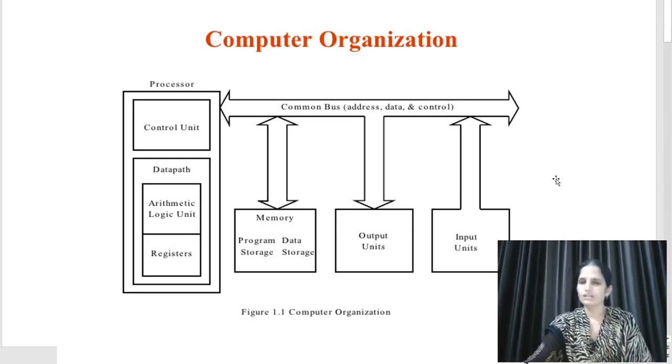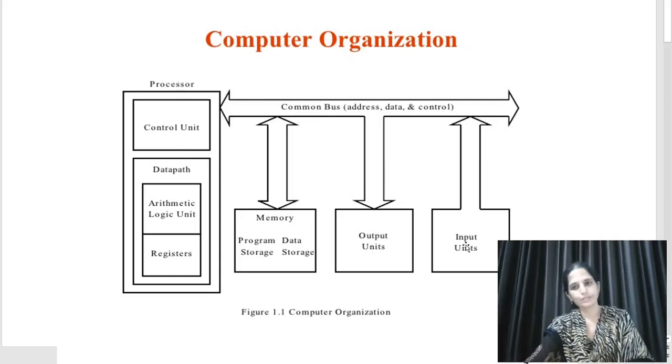So in conclusion, we can say that your computer is mainly three things. One is the input unit, output unit, and memory. Second is your CPU, and third is your bus. The bus carries data from one component to another. So here we have completely discussed the input unit, output unit, CPU, and bus.